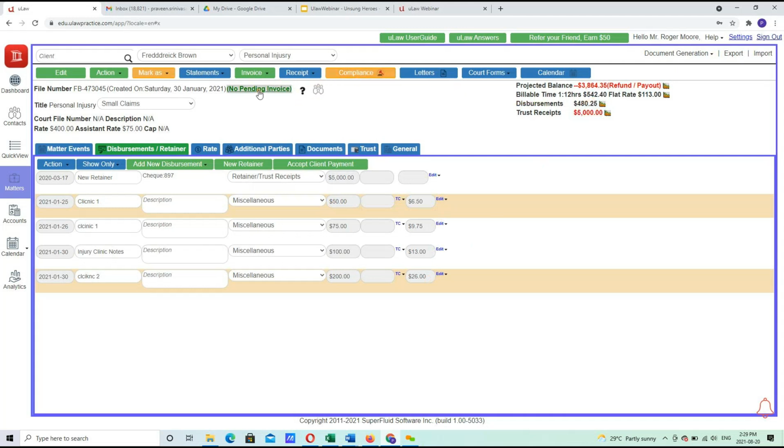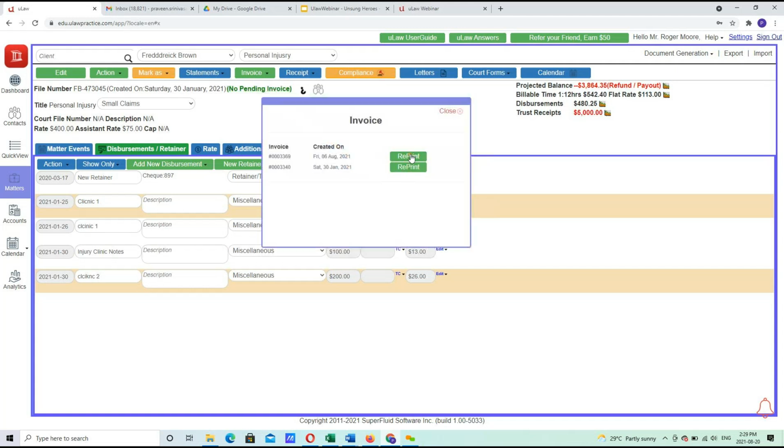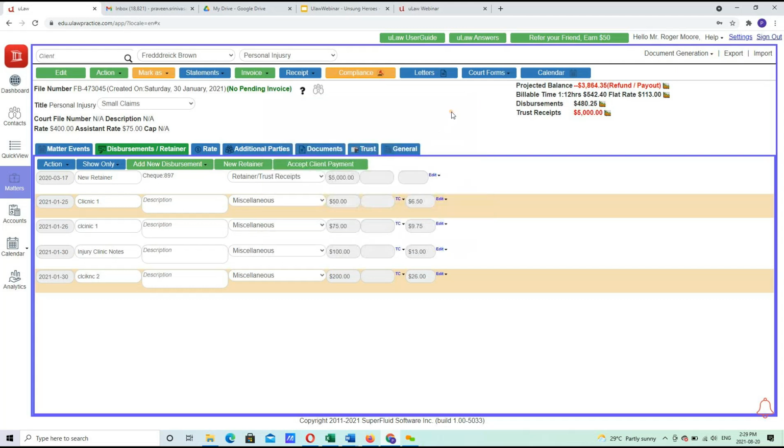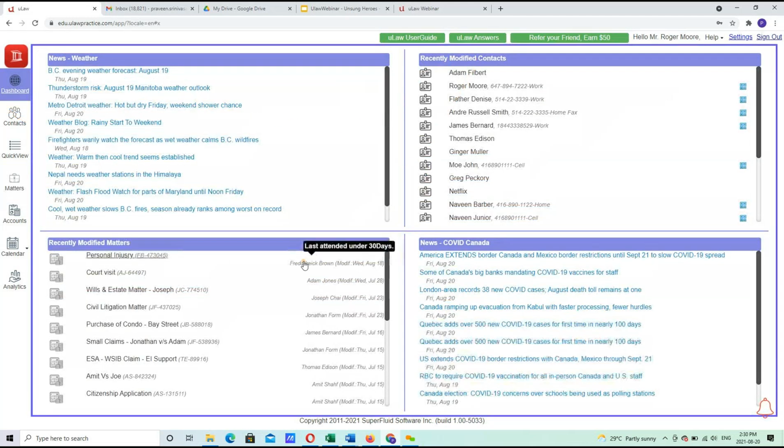And you can also see that these invoices have been generated. In fact, 2 of them have been generated. So again, going straight into the matter and understanding the matter better. But just like our contacts, and this is a new feature set within the platform, if you wanted to understand all of that,